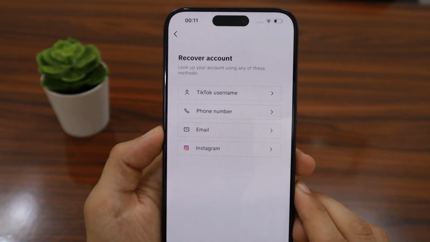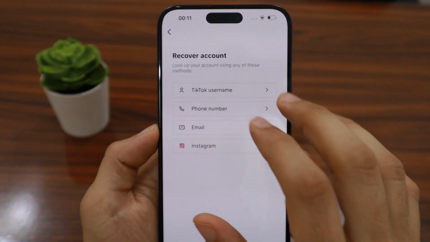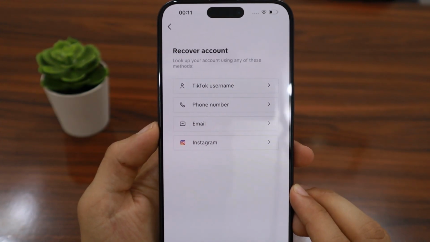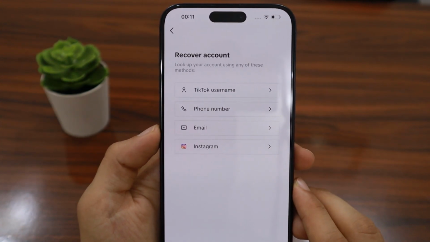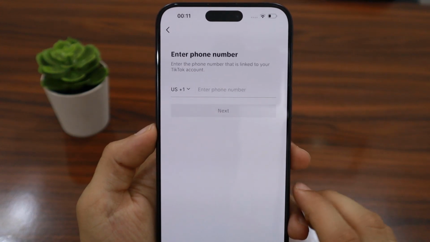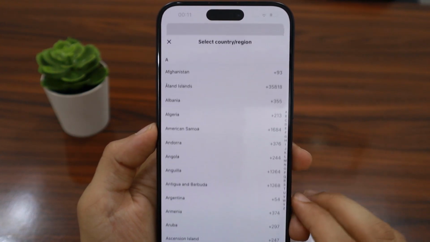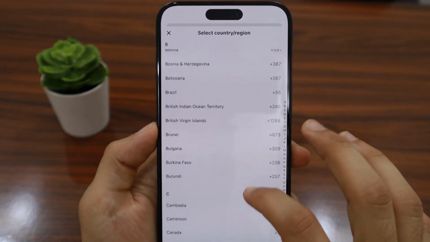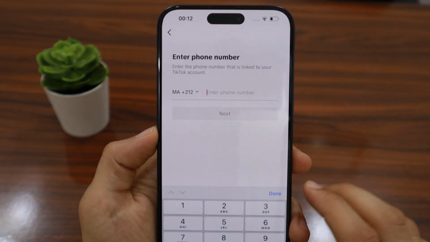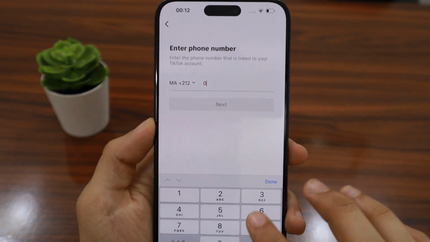and here guys, if you link your account with phone number, click phone number. If you link with email, click email. Well, I'll click phone number, and here select your country and write your phone number. Click next,